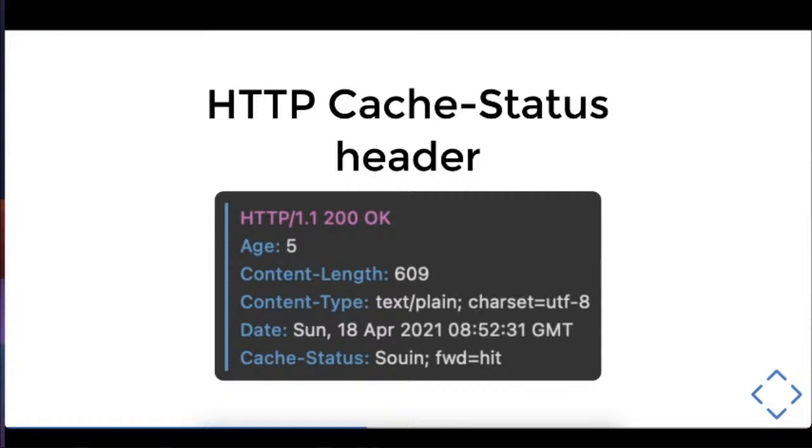And it supports the Age header that tells the user, okay, your cache is 5 seconds old actually in this example, so the user can know the age of the cache.